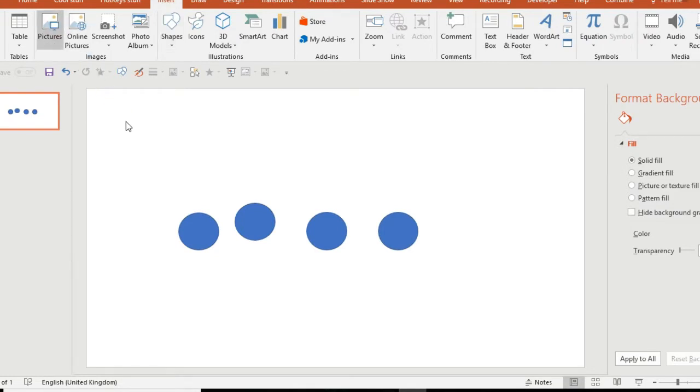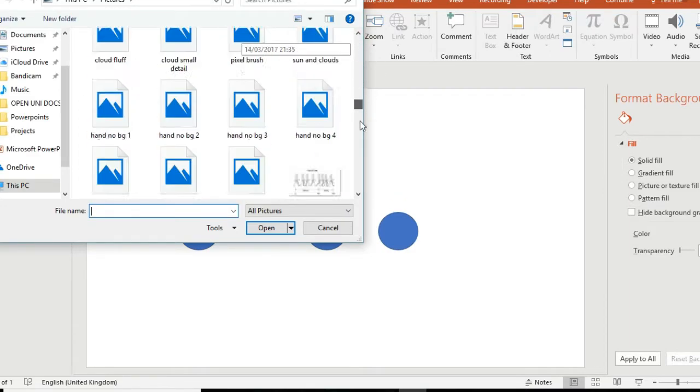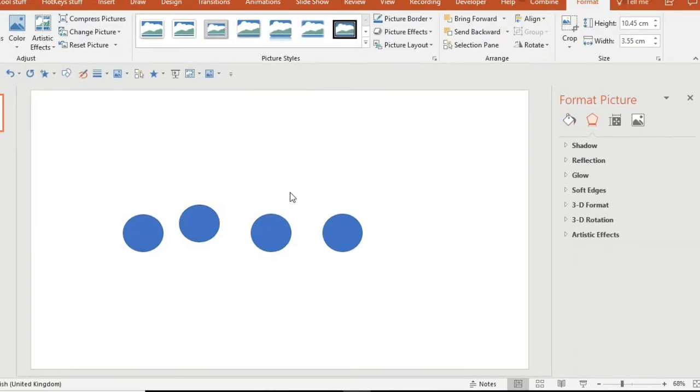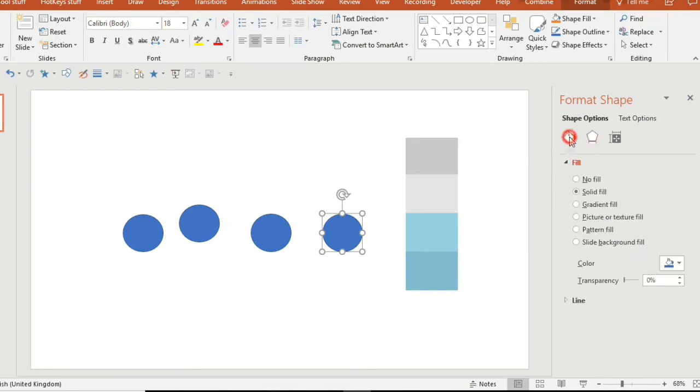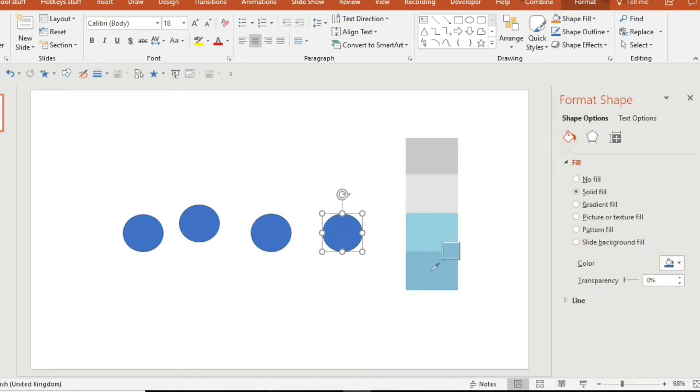I think getting the colours right in a video is pretty important to make it look professional. Using colours that complement each other is going to be quite important. So use the eyedropper tool, select the colour that you like,